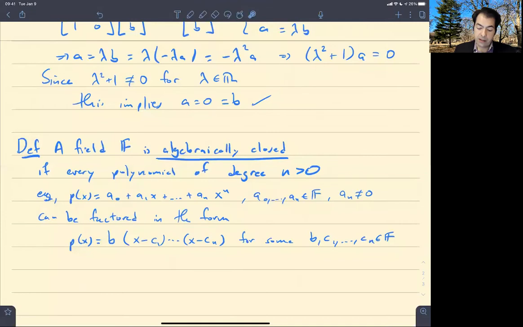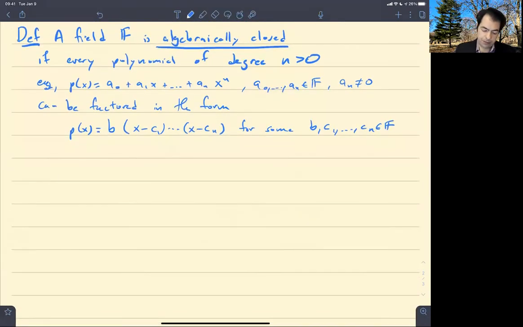Another way of stating this property is to say that every polynomial has a root, right? Because as soon as you have a root c1, then you know that x minus c1 divides this polynomial. And so an easy induction tells you that p of x factors into this product of monomials. Okay, so a very important theorem that I'm sure you know,